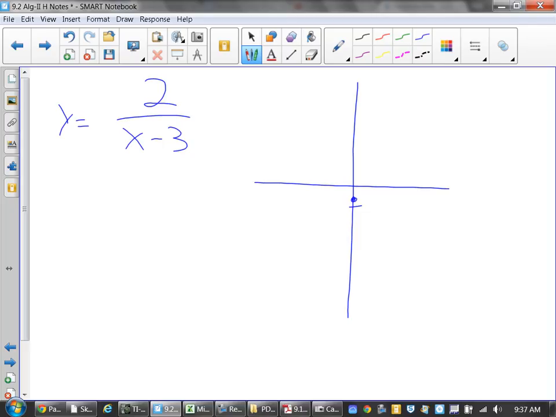When x is 0, y is negative 2/3. It goes in order. What happens if x is 3? It's non-existent, right? Division by 0. What happens when you divide by 0? It goes berserk. What happens when you have something that divides by 0? What is that called? A vertical line. Vertical, yes, I'll give you that. A vertical dashed line.